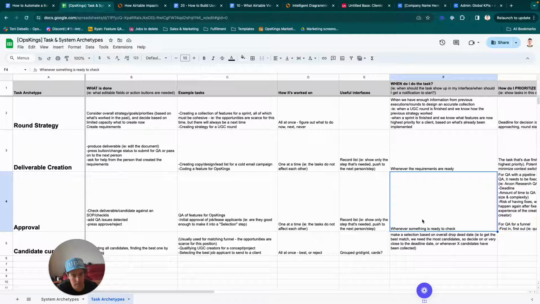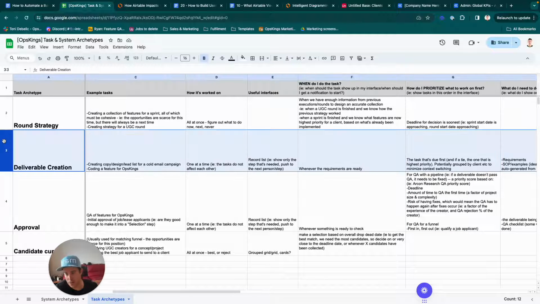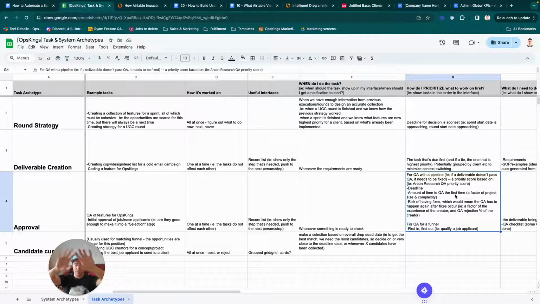Approval is done when something is ready to check, and deliverable creation is done when the requirements are ready. Deliverable creation is based purely on the one that's due first, but approval may not be done based on due first. Let's imagine I have a bunch of different video editors. Pretend I run a UGC agency, and I'm looking at their content. At the simplistic view, you would say the one that's due first. But really what I want to do is consider the fact that some video